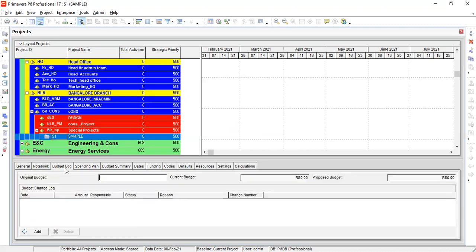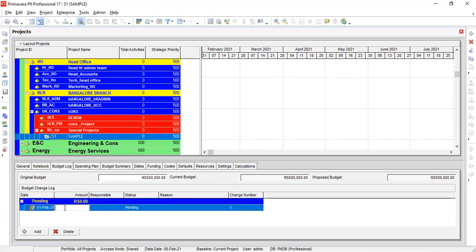Third is budget log, same as that in EPS. Here I have put 3, 4, 5. Okay, sir. Some 5 lakhs. Okay. And then after that the add option. Here amount 2,50,000. Responsible person, some X. Okay.